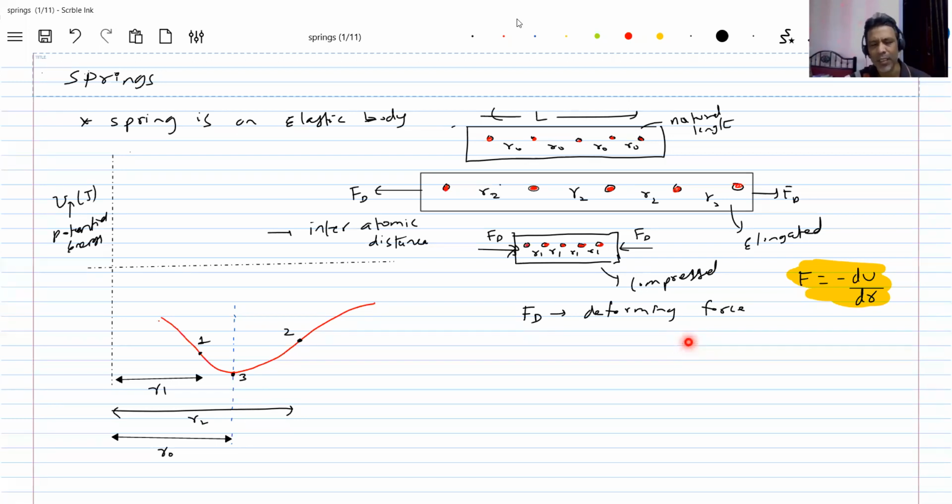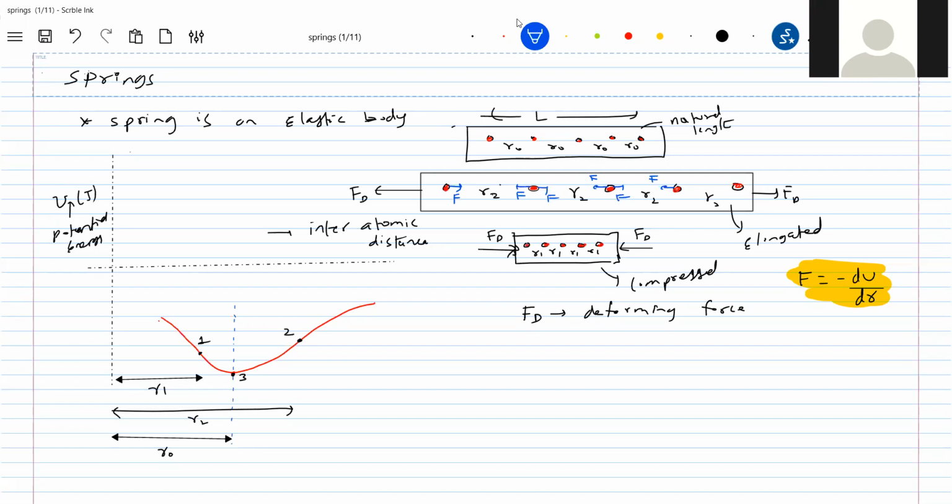Okay, what is the slope at point 2? Slope at point 2 is positive, no? Okay, look at the slope positive. Then what is F? F will be negative. So what do you mean by F negative? Attractive force will act here. So on the molecules, how will the force be acting? The force will be acting in this direction. And what will this force do? It will try to bring the molecules back to their original distance. Now you can ask me, sir, why are you not showing any force?